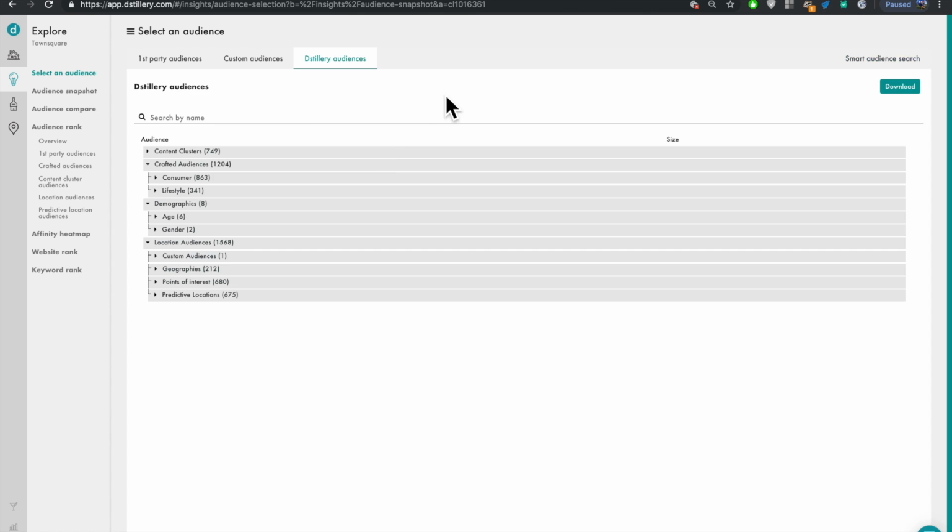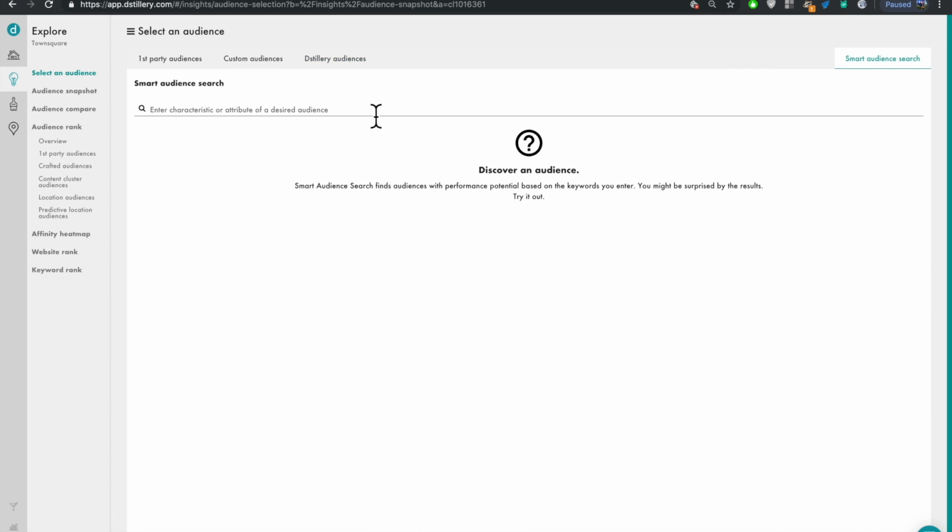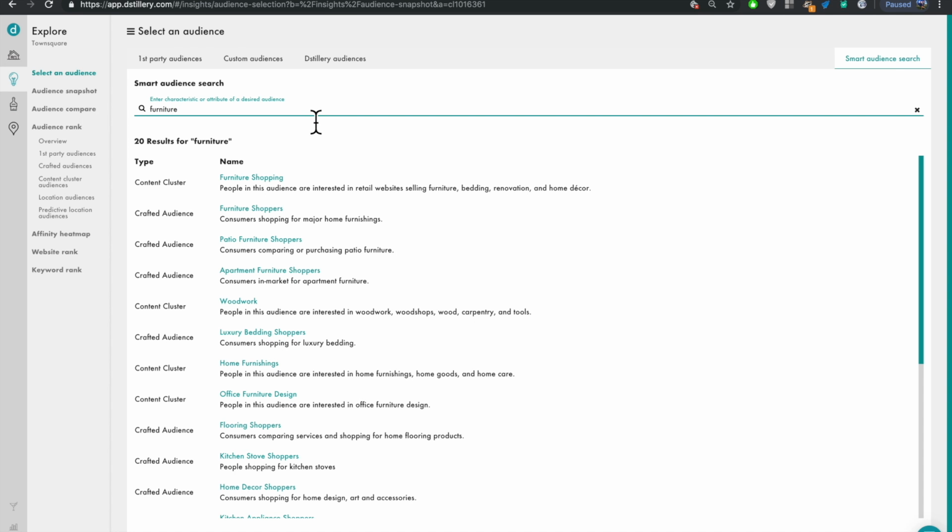The last important function of this page is the Smart Audience Search tool. As a Distillery Pro, this is where I always begin. So as you are looking for a specific audience to deep dive, this is your go-to. Unlike the standard search function, Smart Audience Search provides you with the definitions for each audience type. The point being, you will have to use the Smart Audience Search tool